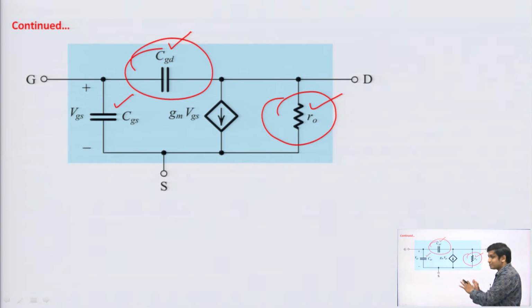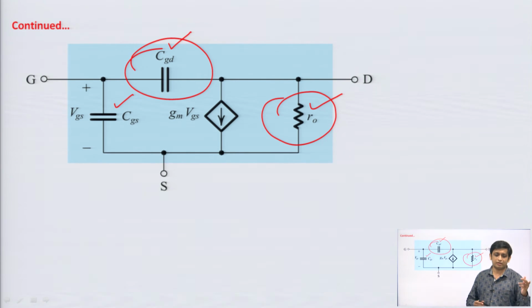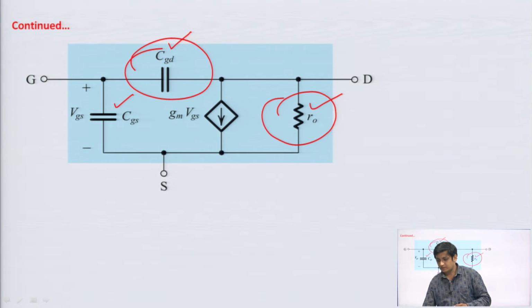So, you can compare these models with the earlier model which you have seen in unit 1. The only difference is there we have not considered these internal capacitances. Here, now, this is the high frequency model. In the high frequency model we consider the internal capacitances, and the remaining concept of drawing the model is same, that I have already discussed in lecture 7 and lecture 8 on the small signal model of MOSFET. Just we have connected these internal capacitances here.